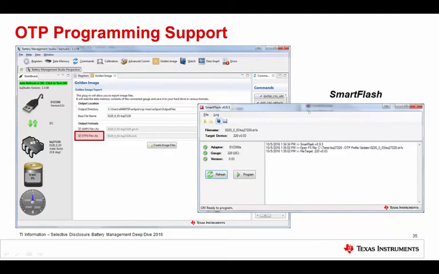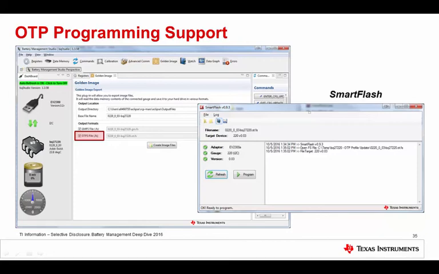I want to mention a little bit about OTP, one-time programming support for the ROM-based gauges that use OTP for configurability. There's a flash stream format called OTFS, or OT.fs files, specifically for the one-time programmable memory. Again, it's a flash stream format, so you still see those raw commands that would go out, the bytes that would be written in a raw fashion to your I2C interface. And we do provide a separate tool called Smart Flash that you can use that'll detect the hardware, let you load one of these OTFS files, and program the chip.